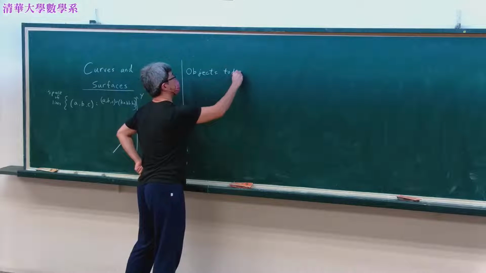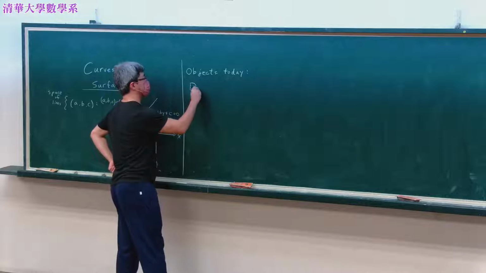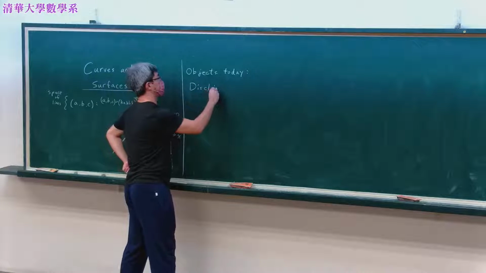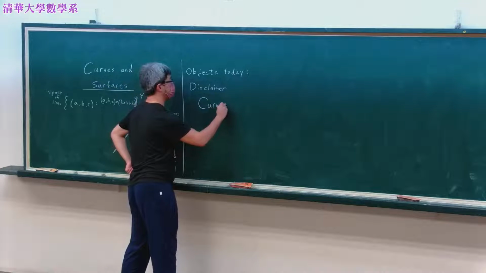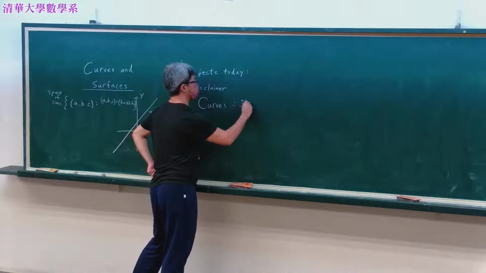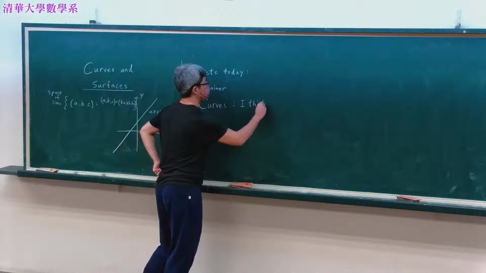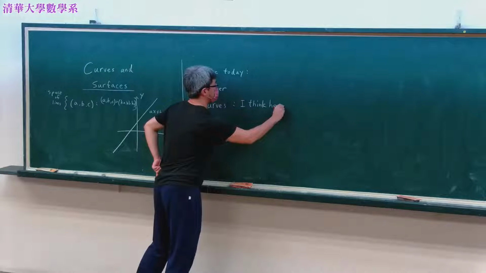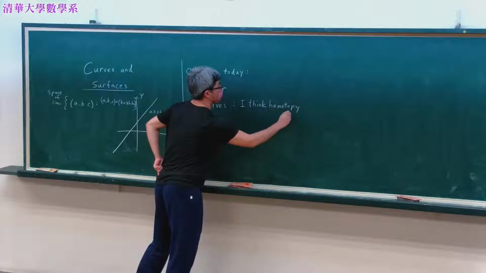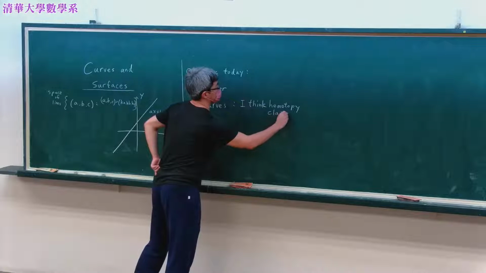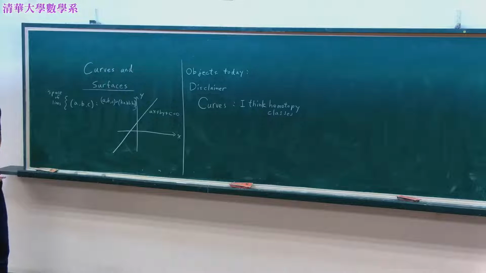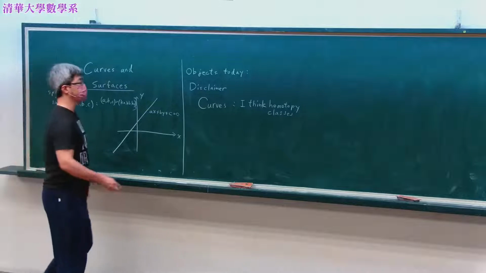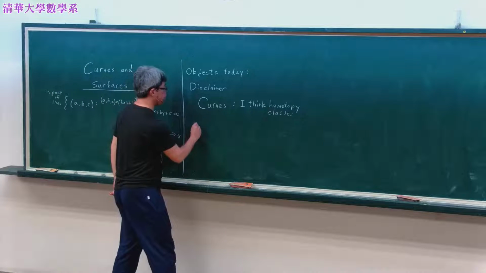require a disclaimer. When I say curves, in my head, I think homotopy classes. And when we say homotopy class, what we really mean is that when we talk about two separate curves that happen to be homotopic, you can move one to the next one, then you think that they're the same. And when I think metrics